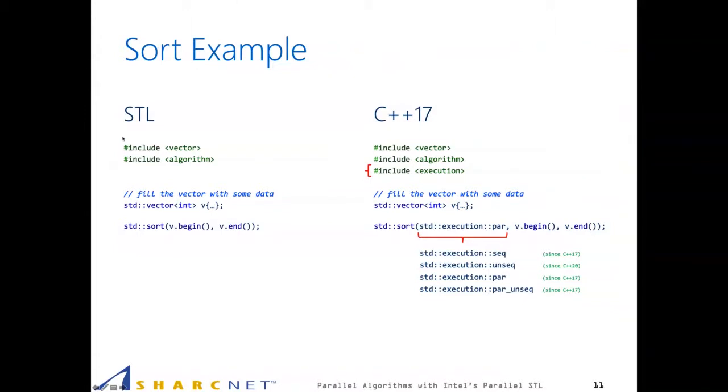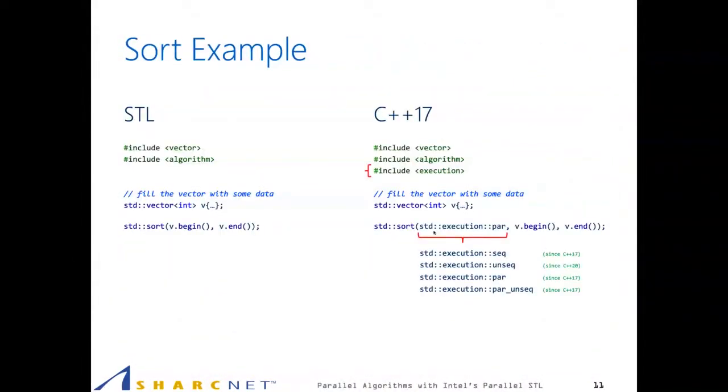This is the ordinary STL version: you just include vector and algorithm, put some data in your vector, and then call sort using the iterators on your vector data. To make it parallel in C++17, you need only to add this include execution, and then add as the first argument